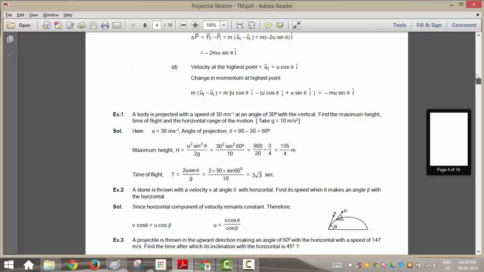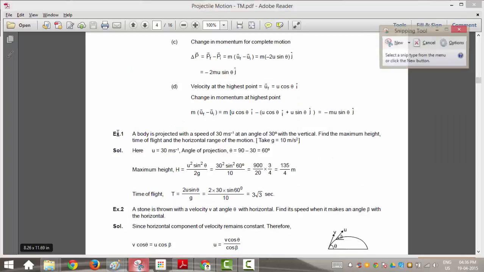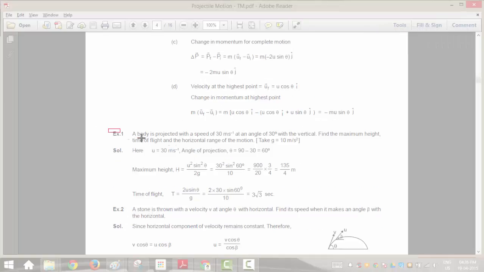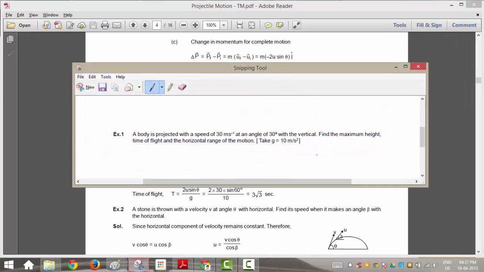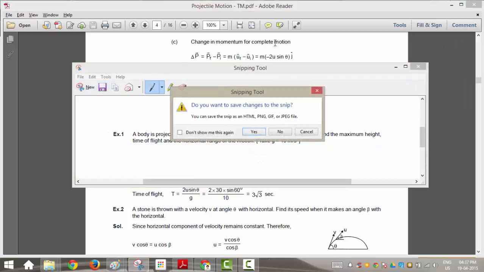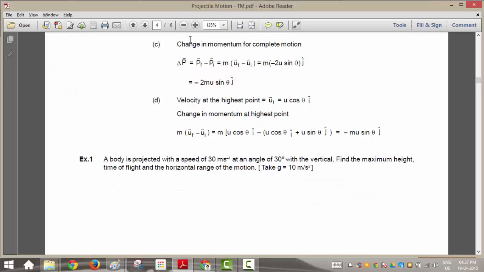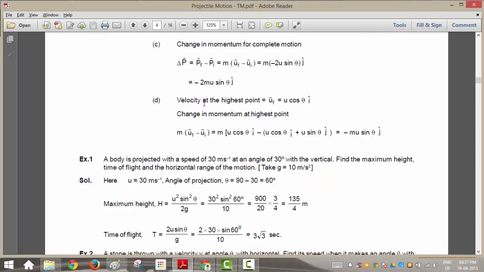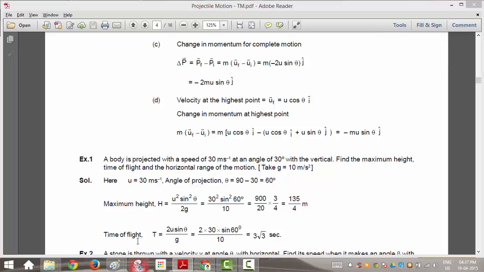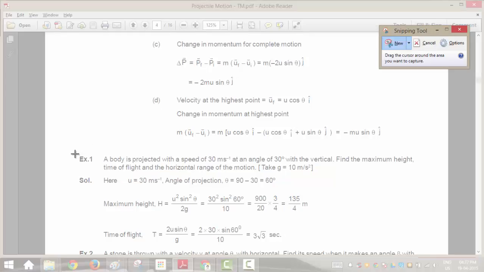So here I found a relevant example. So what I can do is I can simply take this question, or if I want to zoom it a bit and then snip it, I can do that also. For example, if this font is really small, I can just enlarge it. Okay, I enlarged it, and then I capture this,